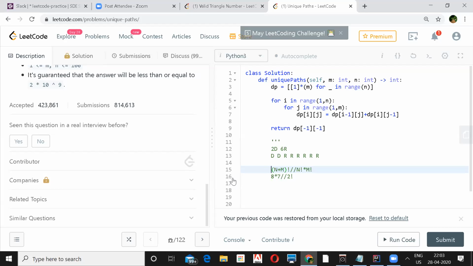So the DP solution can be applied, I think, in case of obstacles also. DP can be applied in any case, because when you're doing line number 7, you can have an if condition whether it is possible to reach i minus 1, j. Yeah, we can just put a condition and we don't update the value in those blocks where an obstacle is. Yeah. Exactly.